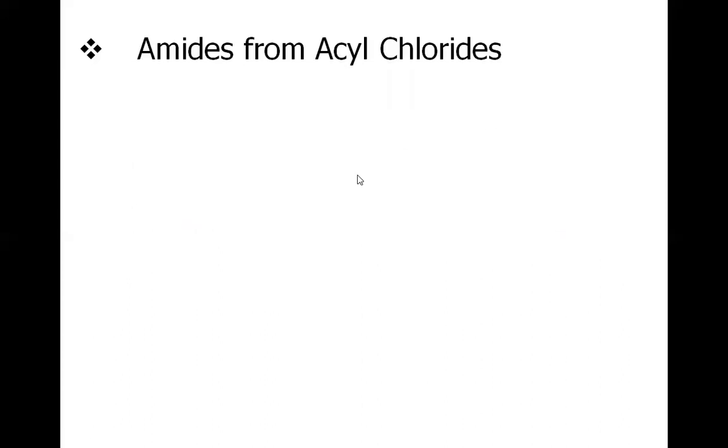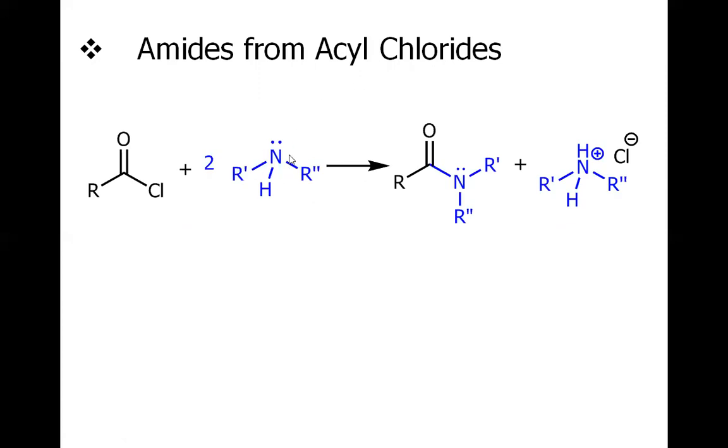So from the acid chloride, and we know that acid chloride is very reactive. So just simply treating the amine with the acid chloride will give us the amide. So we have used the two equivalent because the first equivalent will attack here and we have the amide formed, but the chlorine which has been replaced will form the HCl from this H. But you know that this HCl, being acidic in nature, will form the salt with the amine present to have this dialkyl ammonium chloride for this particular case.